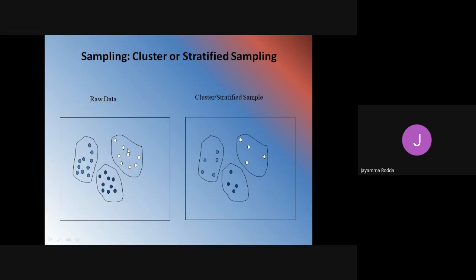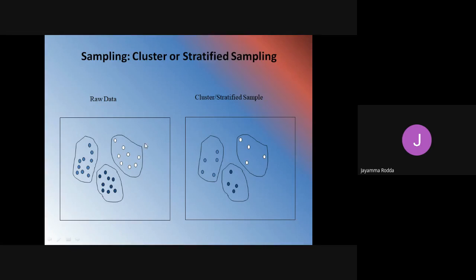All the other points are eliminated. Only the 4 points that are needed for the processing are taken. Here as well, out of all the data elements available in this cluster, only the data needed for the processing are taken. And why we call this stratified sampling is that the data are organized in disjoint parts. Disjoint parts of data are organized.